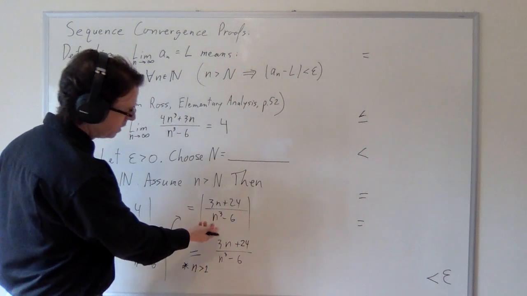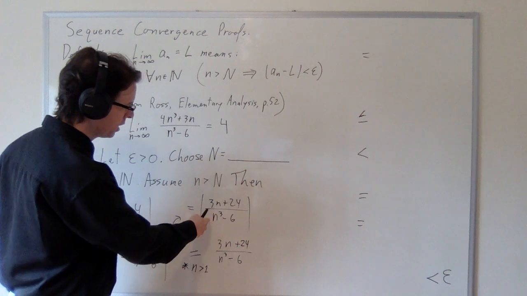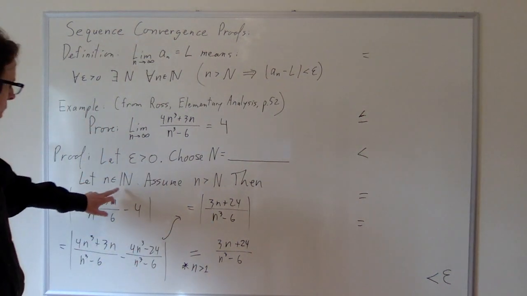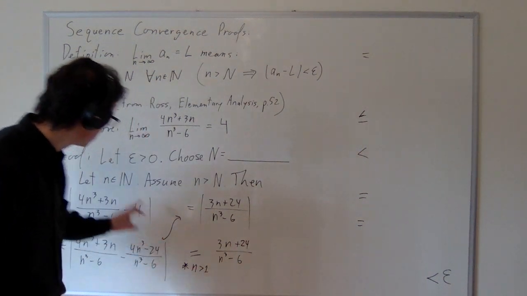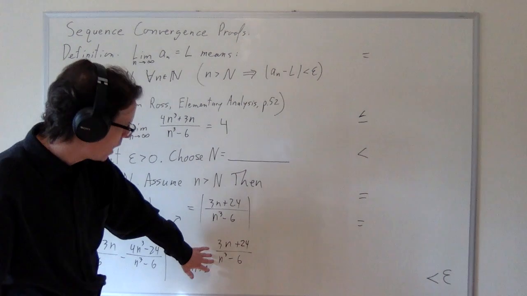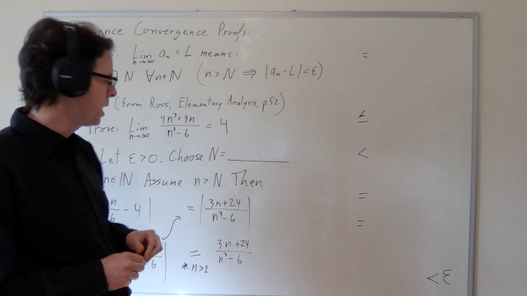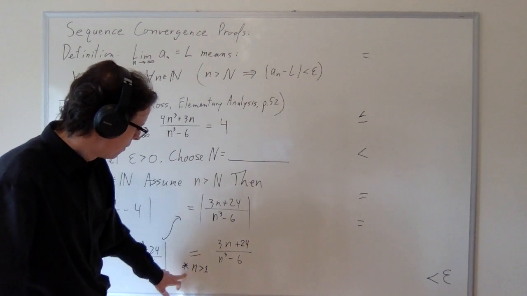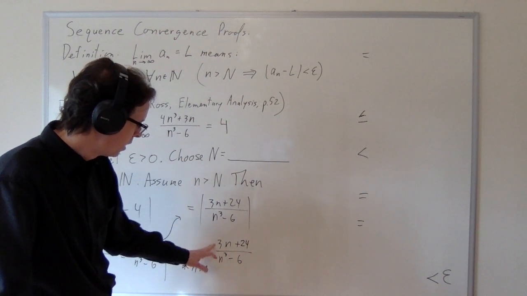Now, technically 1.1 wouldn't work because then the cube would still be less than 6. But remember that n comes from the natural numbers. So being greater than 1 means that it's greater than or equal to 2, which is large enough. So that allows us to drop the absolute value signs entirely, and then we can just reason naturally about the fraction, whether it's positive or negative. And it also gives us, so long as n is greater than 1, then